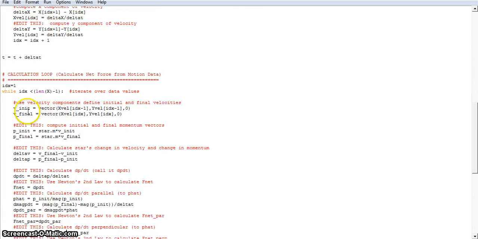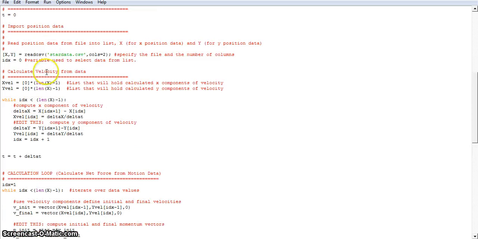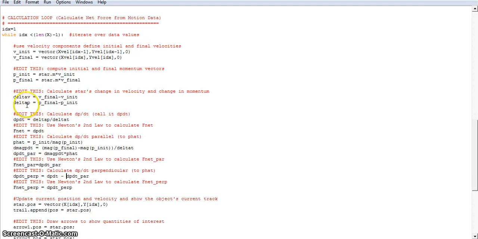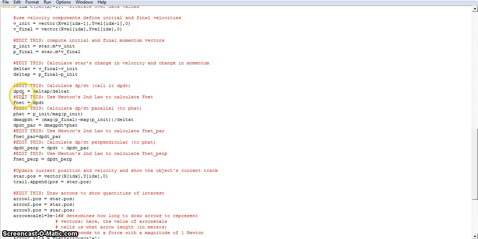Over here, I found the v initial and v final using the position data from the CSV file. And then I set that p initial is equal to the mass of the star times the initial velocity, and that p final is equal to the mass of the star times the final velocity. I found that delta v is equal to v final minus v initial, and that delta p, the change in momentum, is equal to p final minus p initial. I set dp/dt as the change in momentum over the change in time,